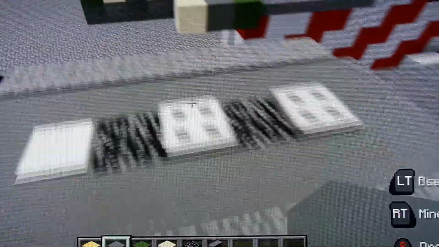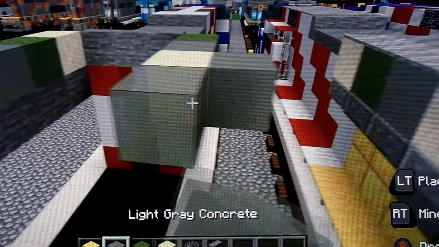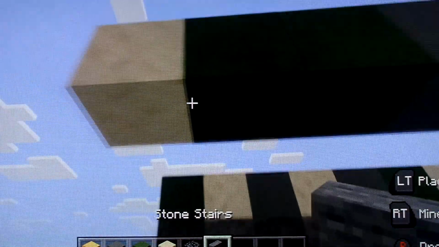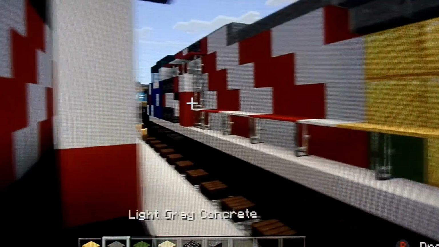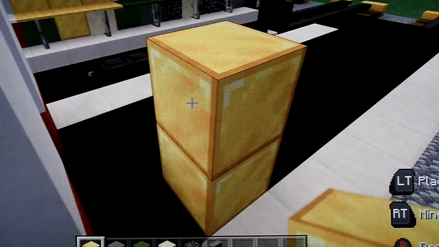Is that green or gray? Okay, gray, green, green, and sand, just like that. Okay. Just like that. Now we're going to make the breast cancer symbol, so place one there, one gold there,